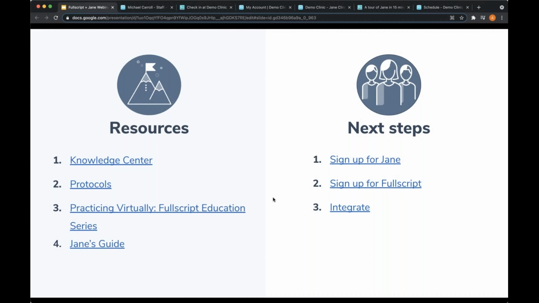Finally, Jane's Guide. I'll actually let Alex talk about it a little bit more. I don't want to butcher it here. Of course. I'm very passionate about Jane's Guide, so I'm glad you let me do this. Jane's Guide, like I said earlier, it's basically, if there's any questions that we've been asked more than twice, we've created a guide on it.